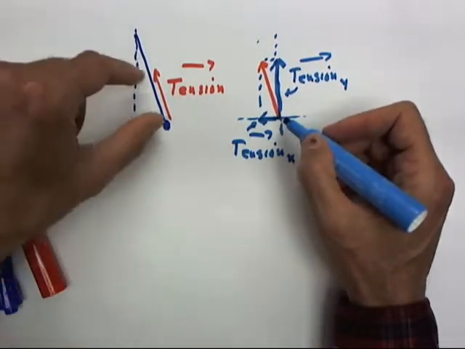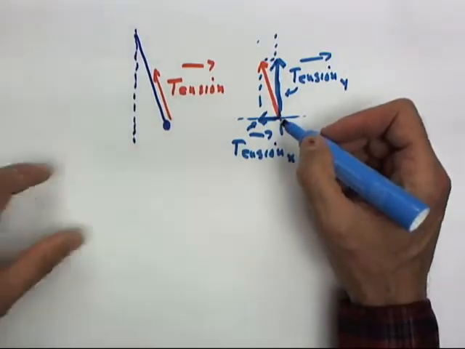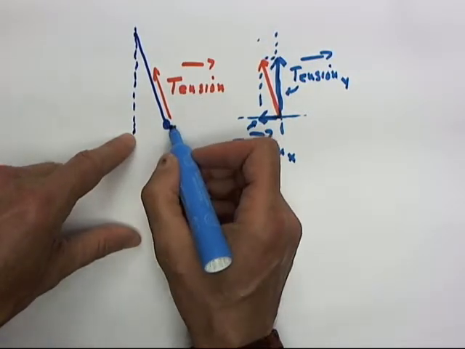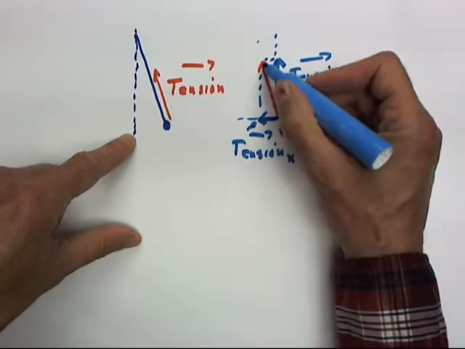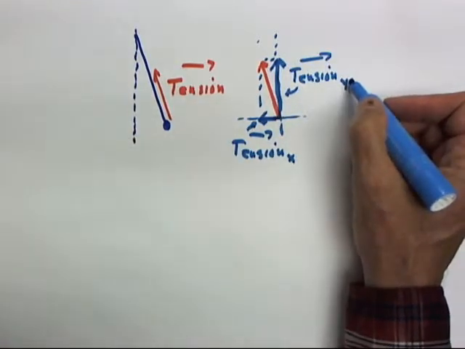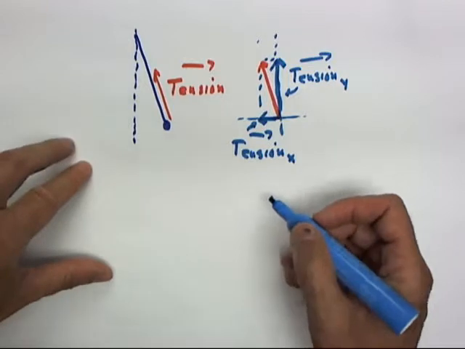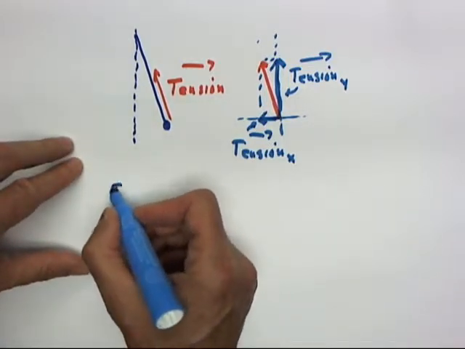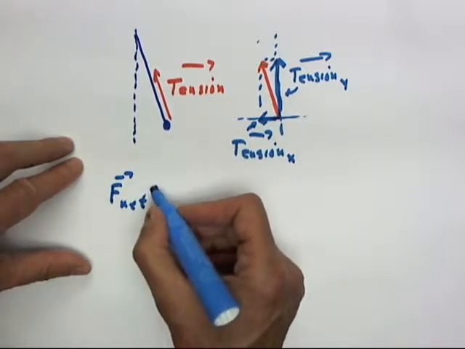it's the downward force of gravity that causes the tension to be there in the first place. If the displacement of the pendulum from the equilibrium position is small, then there's not much difference between the magnitude of the tension in the string and how much tension there is in the y direction. And in that case, without going through all the details, it turns out that our x tension is the net force on this pendulum mass